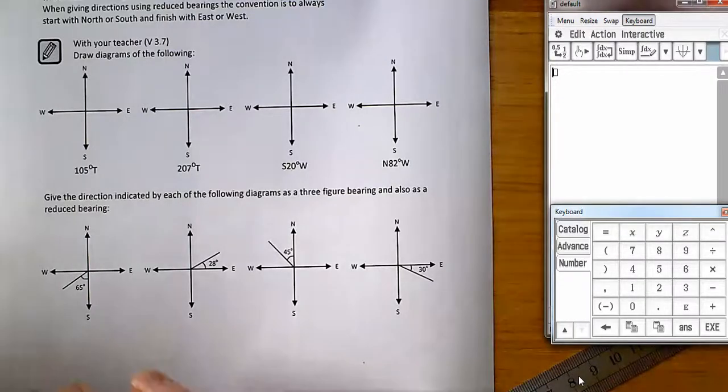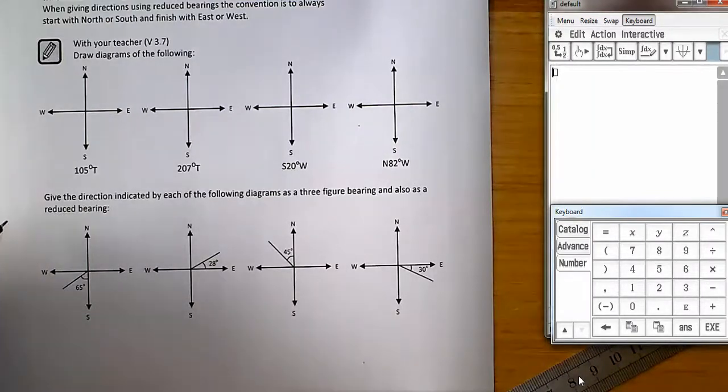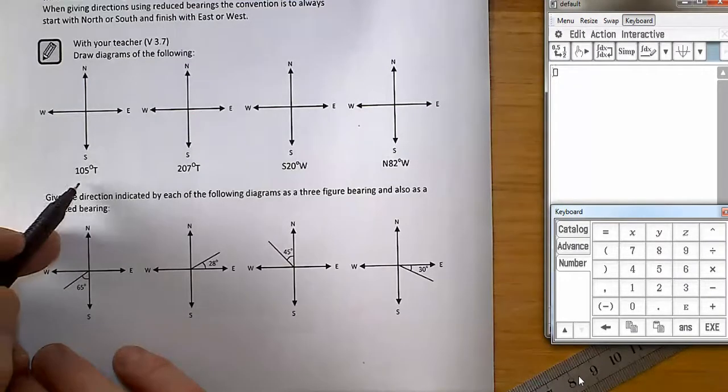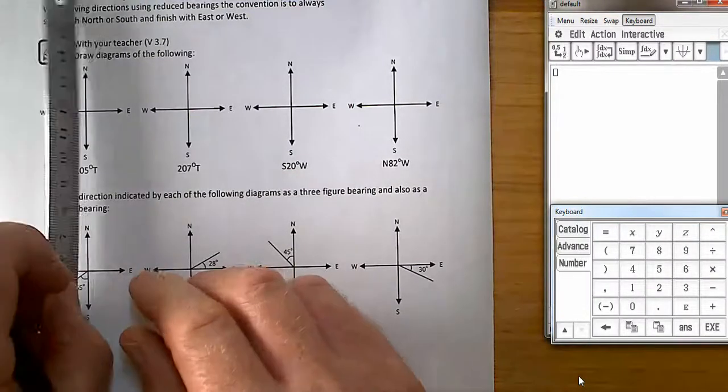In this question, we're exploring the different ways of representing bearings. It asks us to draw some diagrams of some different bearings. The first two examples are what we call true bearings. With a true bearing, or sometimes called a three-figure bearing, it's always done as the number of degrees of clockwise rotation from north. So in this first case, 105 degrees true means from north, rotate in a clockwise direction 105